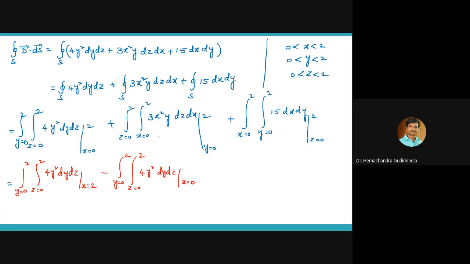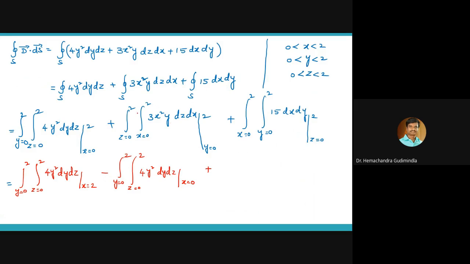Sir, I know what the equations are, can I directly write? Yeah, you can write, no issue. But for those who are new to this, just follow like this and you can easily get 7 marks from this question. Now similarly for the second term: I have written the upper limit x equal to 2 as one term, and x equal to 0 as another term.